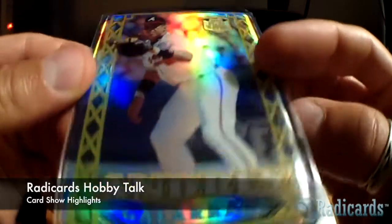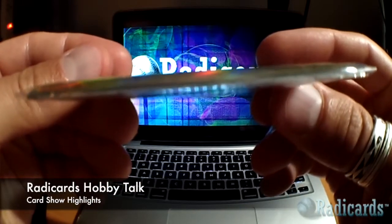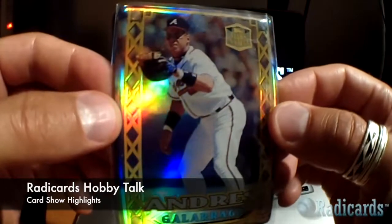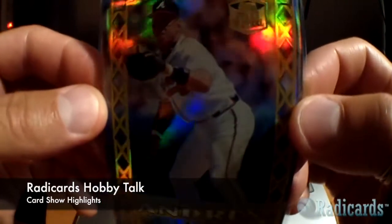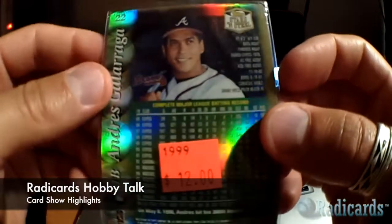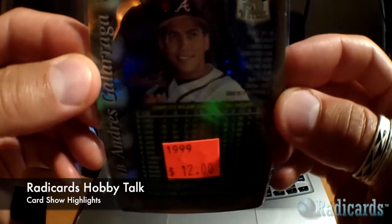Love these. These are really cool. They have that really thick, domed, rubber plastic finish happening on these. And they are just incredible to look at. Just total eye candy. Beautiful, beautiful cards. Gosh, what great cards to have. The backs, too, are also similarly refracted like the front. But the front is domed. The back is just a standard